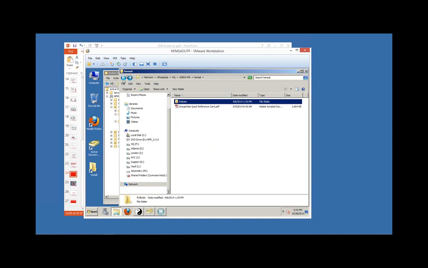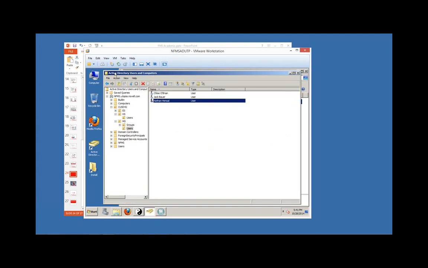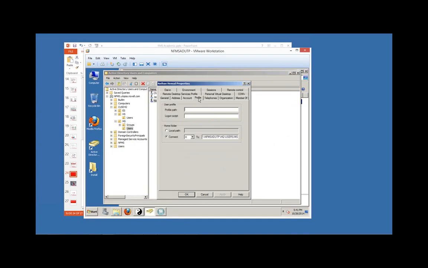So it's not just creating the directory. We're going to go out there and stage it with whatever data you want. You just basically create a folder to use as a template and say pull everything over. And the other neat thing is, if I go into Nathan, remember I didn't make any edits to him. All I did was create him through that little wizard and I was done. Yet if I go out here to the profile tab, I can see his home directory has been specified, which